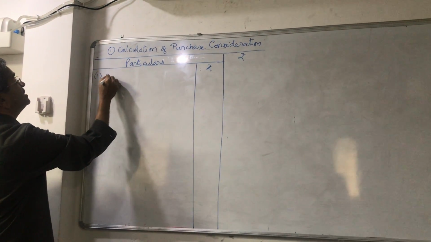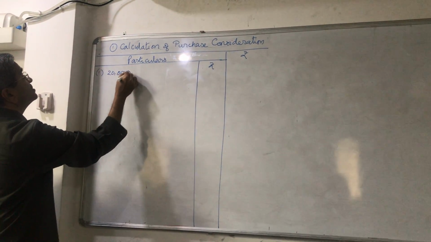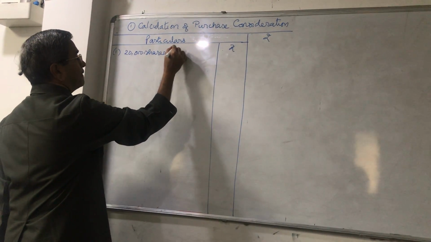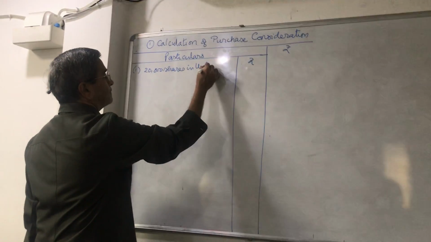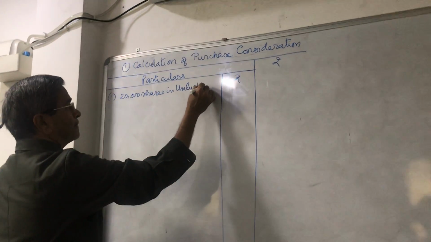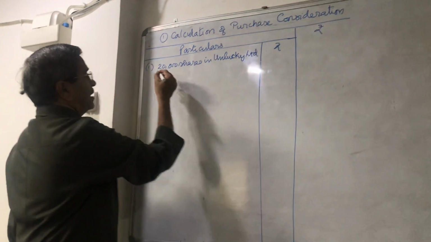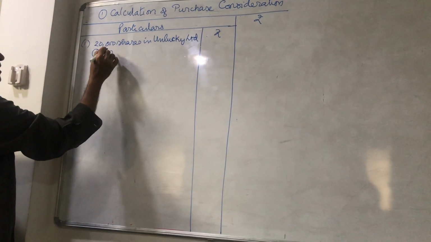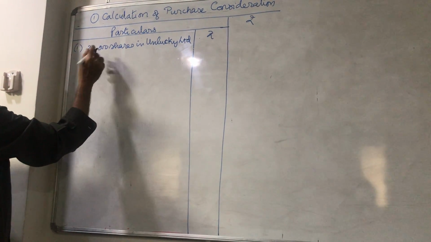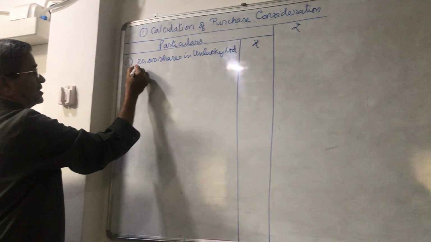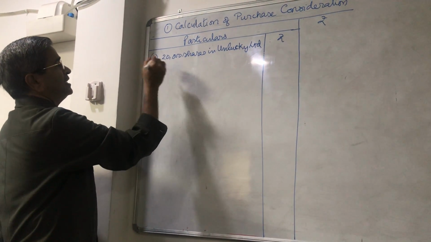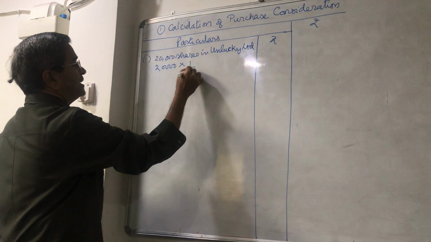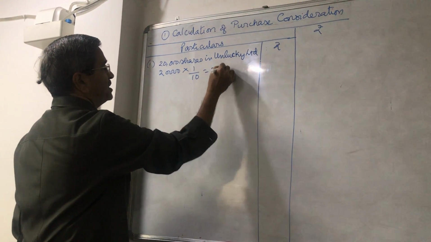There are 20,000 shares in Unlucky Limited, and they will get one share for every 10 shares. So 20,000 multiplied by 1 by 10, which comes to 2,000 shares